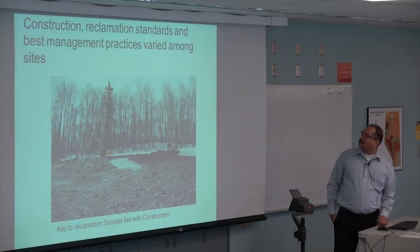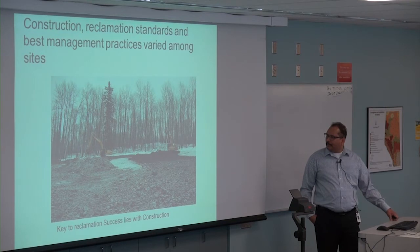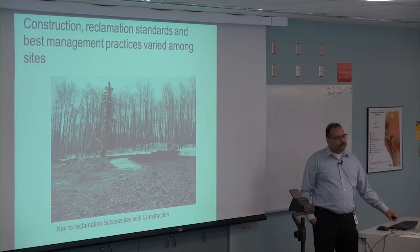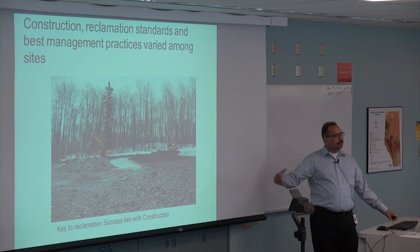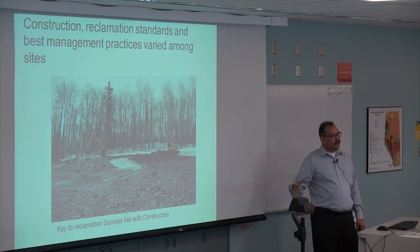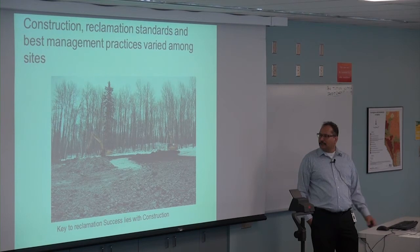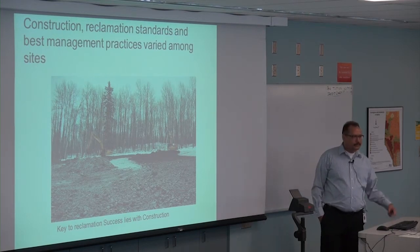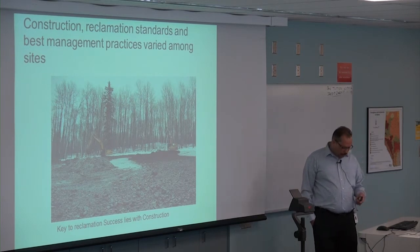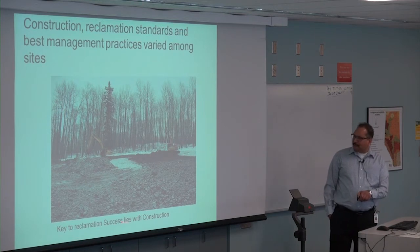So construction best management practices is very important. Pretty well all of the construction happens in the winter because of access. You have to be able to access those sites, and the only time you can access them is throughout winter when the ground is frozen. It's also done in the winter to keep disturbances to a minimum so that you have less compaction, less vegetation loss, and so on. And I will emphasize that the key to reclamation success lies within construction,